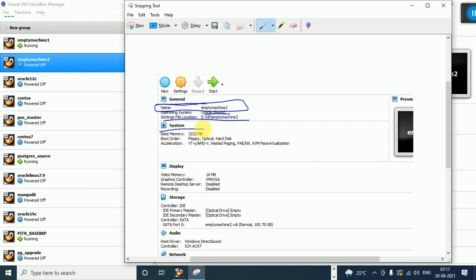In the system section, under system, you can find how much memory is assigned for this machine. 3 GB memory, 3222 MB. 1 GB equals 1000 MB, so 3 GB means 3000.